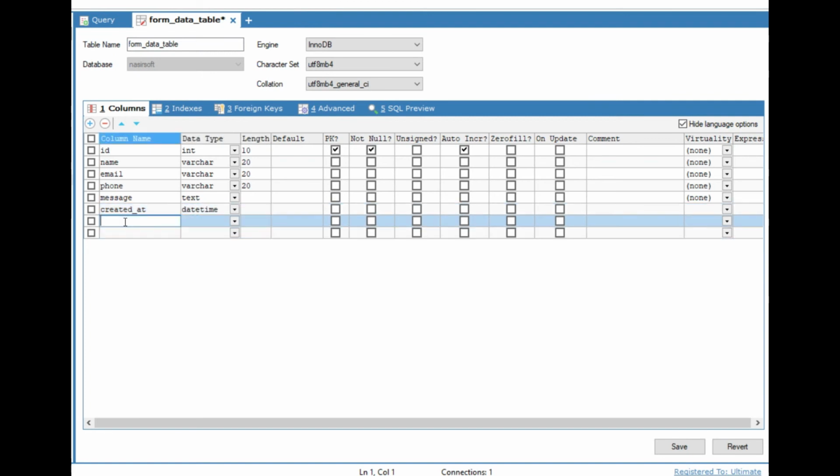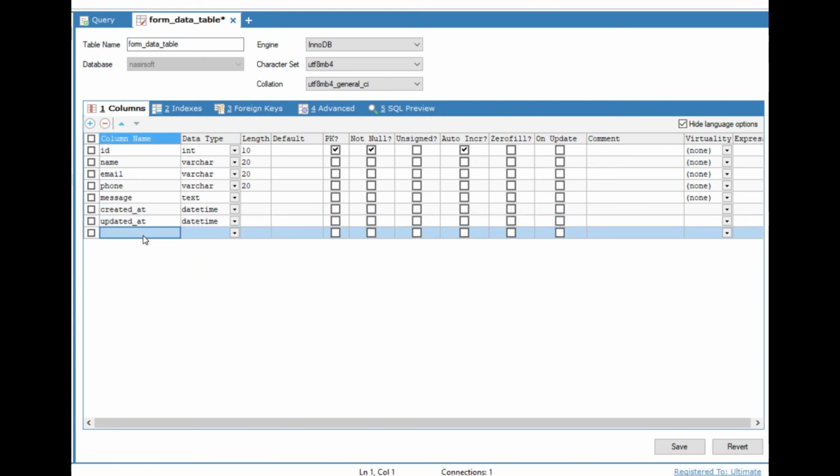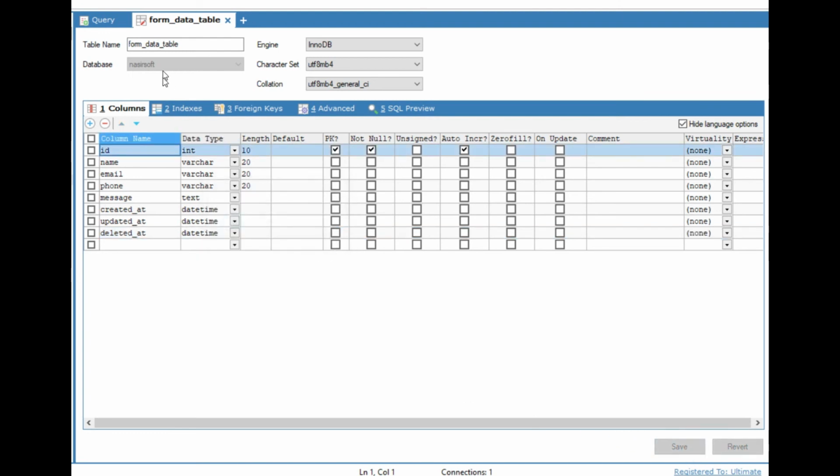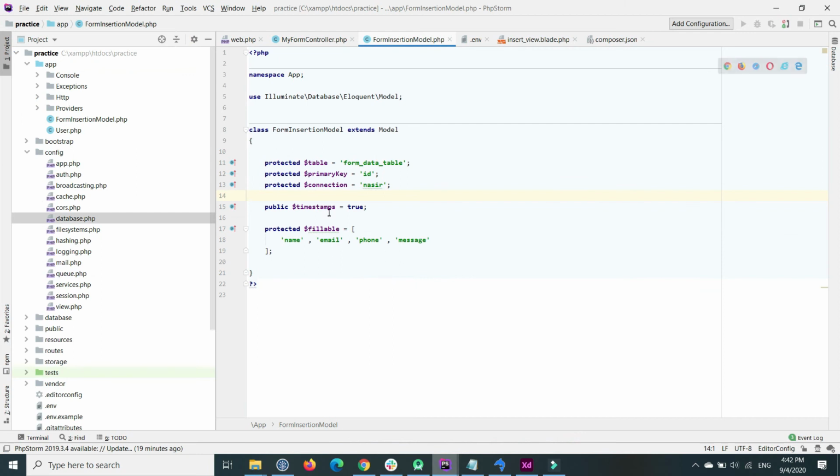So its time date type is date time. Okay, updated at and its type is also date time, and then the deleted at. Okay, and its data type is also date time. Save. So as three new columns are created successfully in my table, now I make the timestamp true,